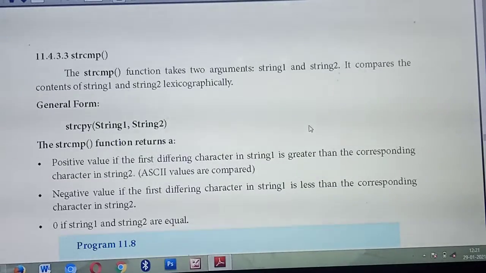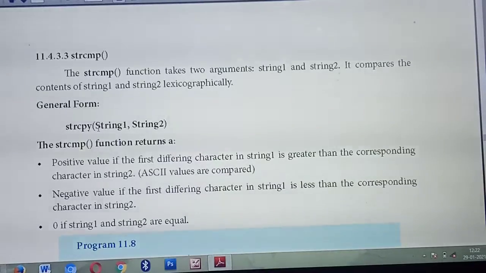So it will compare both the strings. To compare, how many strings do you need? If you are going to compare numbers, how many numbers do you need? 2. Likewise, if you are going to compare words or strings, you need 2 strings, taken as string 1 and string 2. How will it compare? Lexicographically. Lexicographically means it will compare word by word. For example, computer and computer: the 2 words are equal. One word is computer, the second word is science: so it is not equal. Okay. So this is the general format.